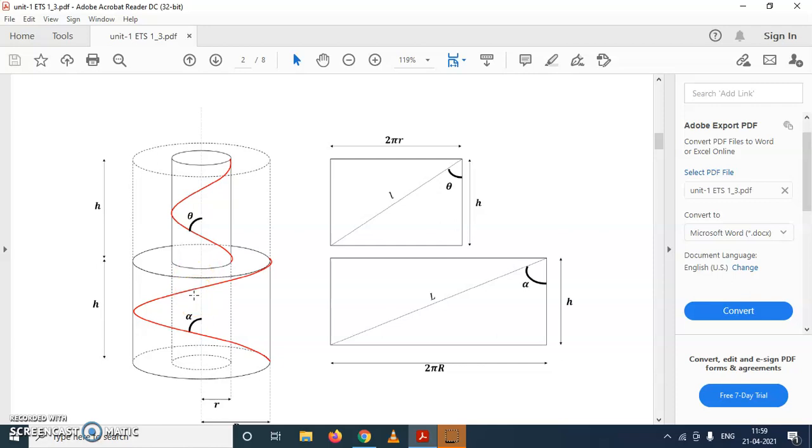Now next assumption is packing density is constant along its length and number of filaments per unit area is constant. The yarn is assumed to be made of large number of filaments. Now we'll try to understand this basic yarn structure and the notations. All these notations I have written here.